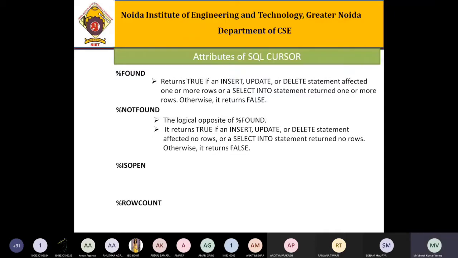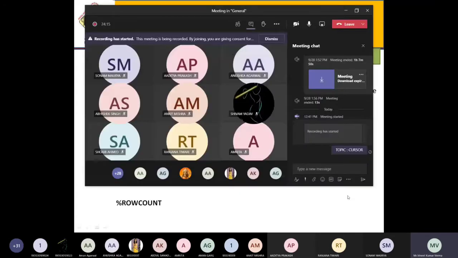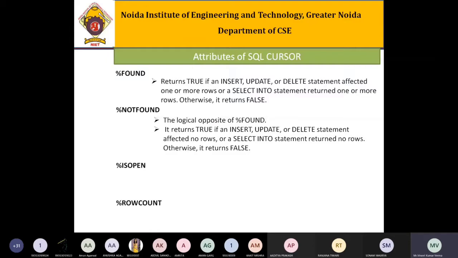Right, now the third kind of attribute is %ISOPEN. %ISOPEN is used to check whether your cursor is open or not.